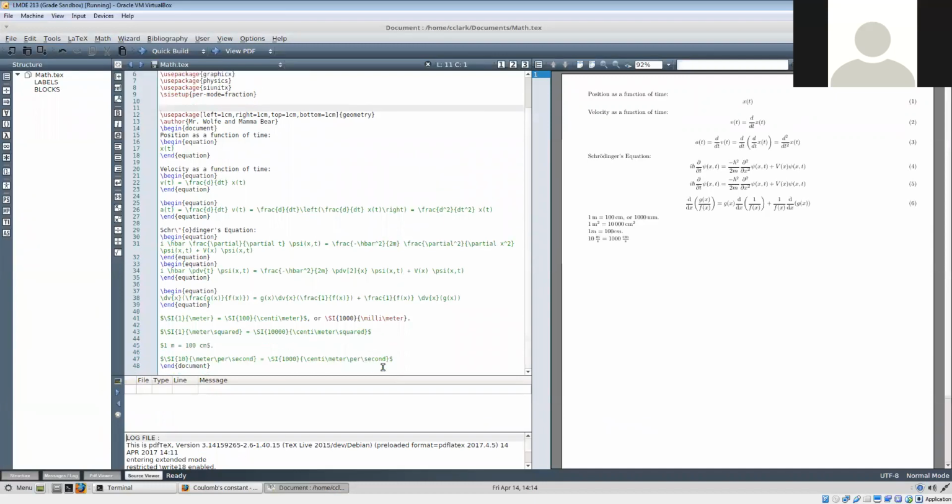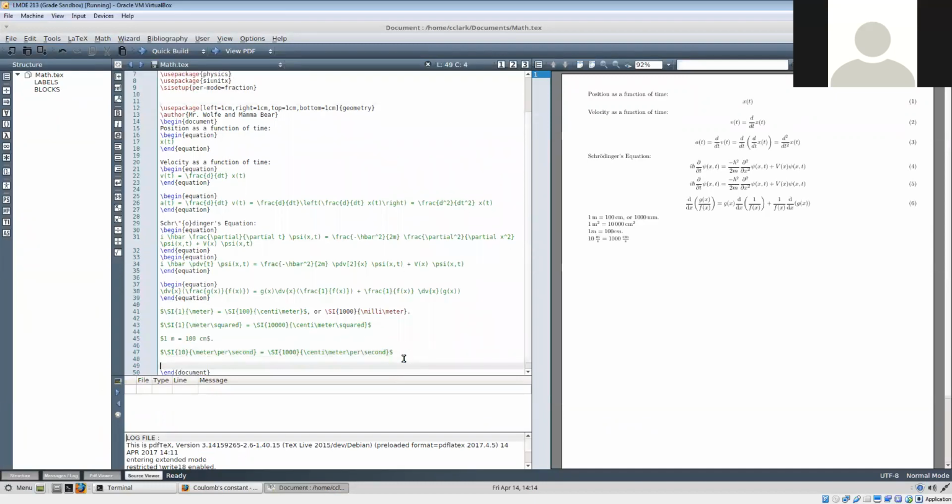I'm going to come down here to the bottom. Coulomb's constant. Nice thing about the siunitx package is that I don't have to worry about whether or not I'm in math mode or regular mode either. Now I might have to be in math mode if I want a specific symbol to be in there, like epsilon or something like that. But the units and everything will be formatted the same whether or not I'm in math mode. So in this case, I'm just going to do 8.99 E -9